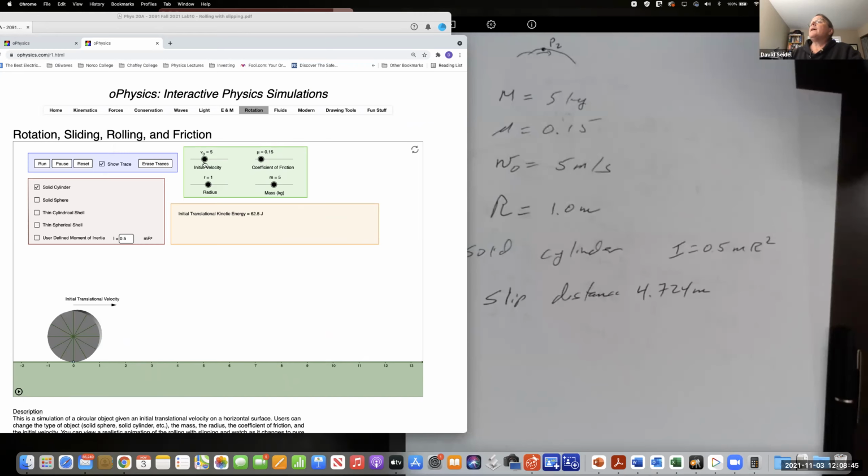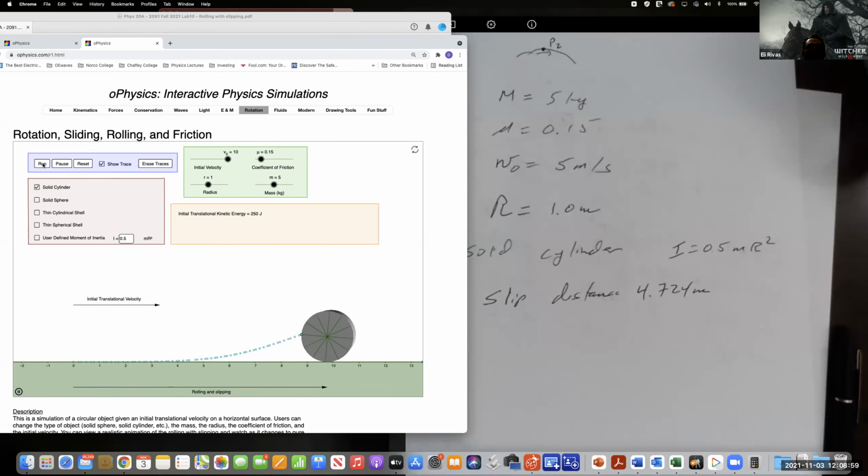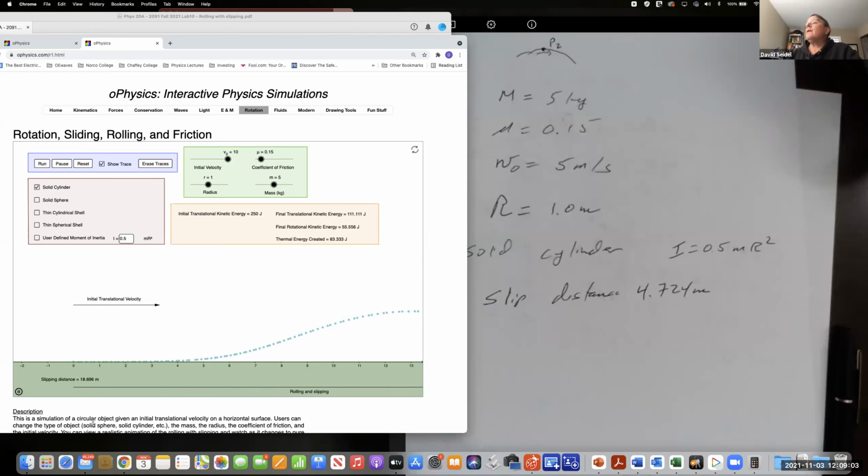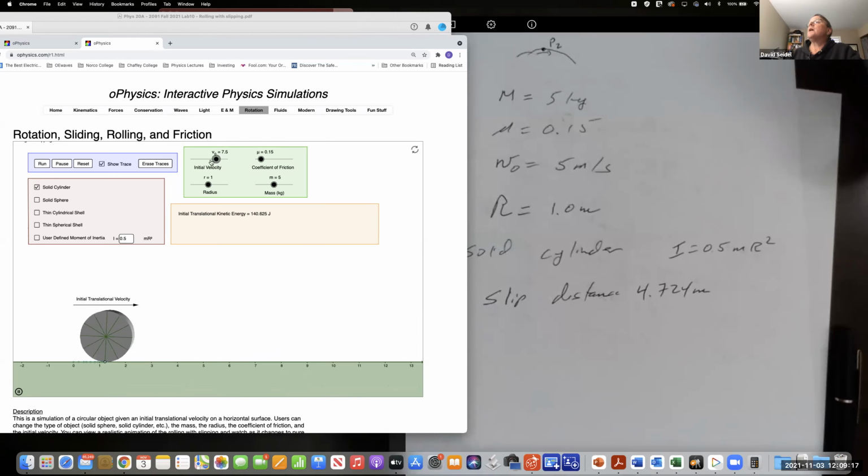Now, if I increase the initial velocity, am I going to increase or decrease the slip distance? Increase. And here it stopped slipping off the chart, at 18.896 meters. So